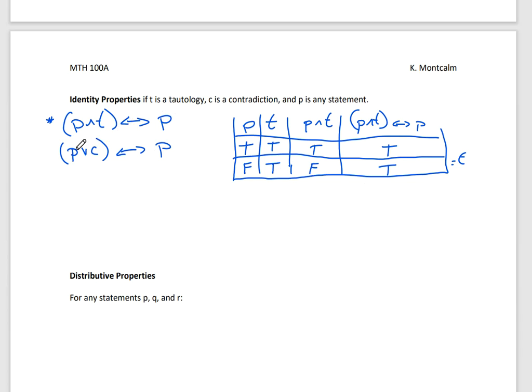So you can do the same thing with P or C and check that you're getting P is correct. If you want to pause the video and try that one, you should have enough space if you're using my note to do it right there. So just pause and try it. Make sure you get back